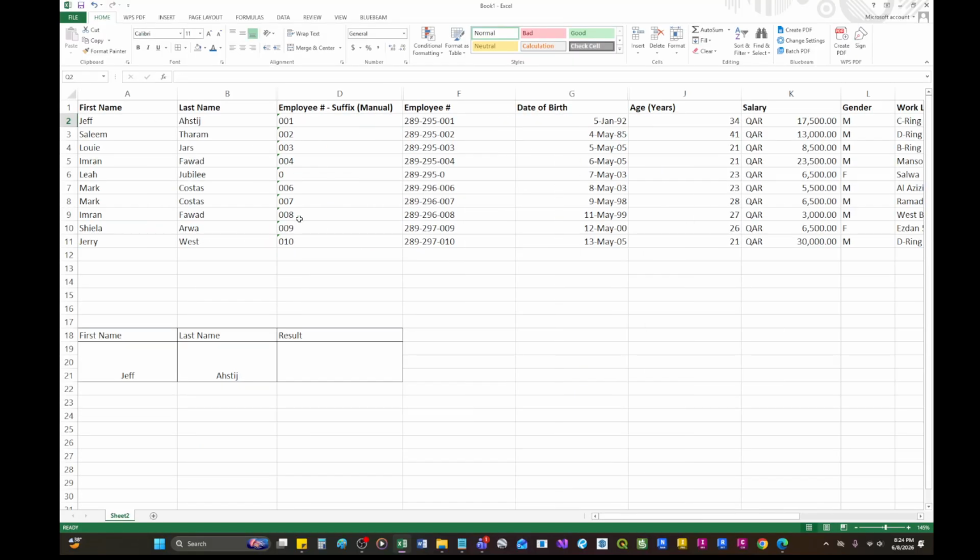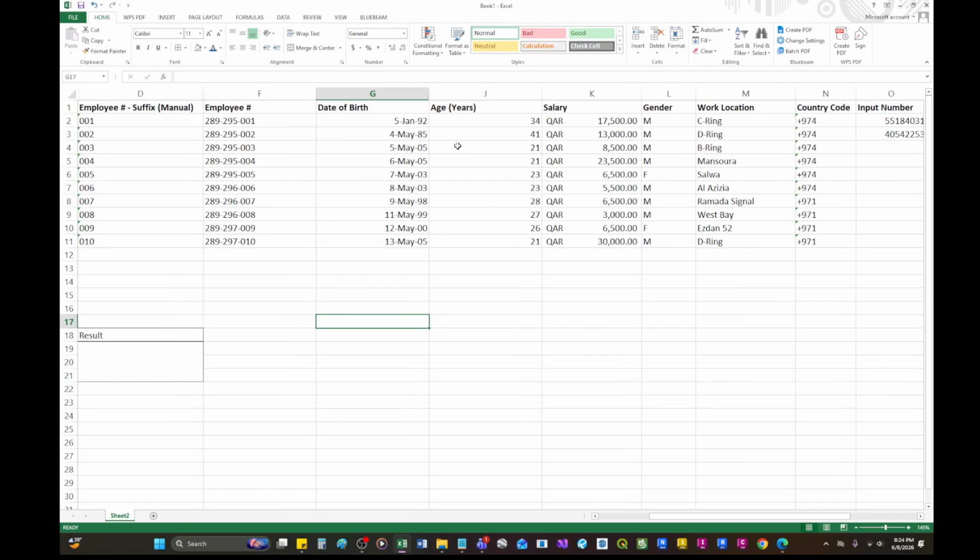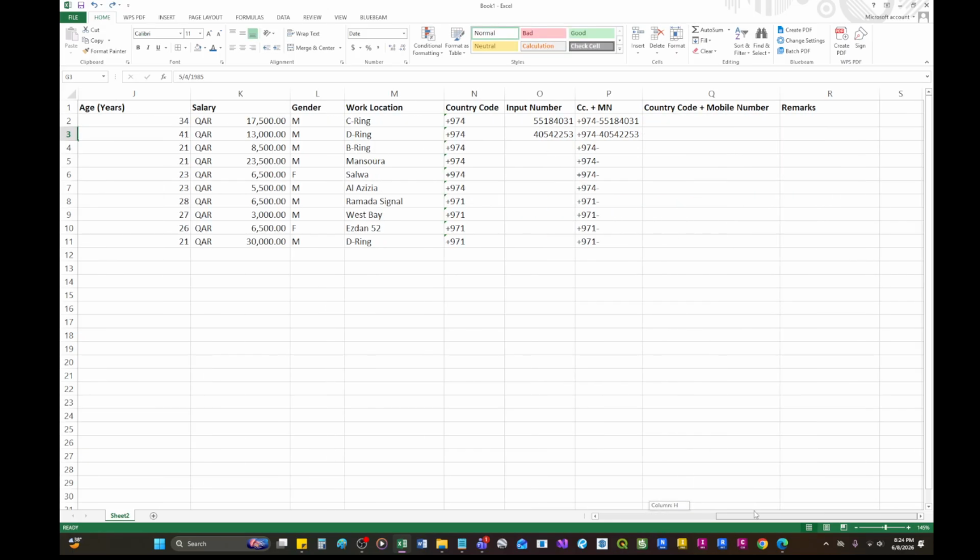Previously, if there's no input, it will be 0. If there's no input, it will be NA. But in the age, if there's no input, it will be 0. So that's correct. Here for the mobile number, if there's no input, it will just be blank, nothing.